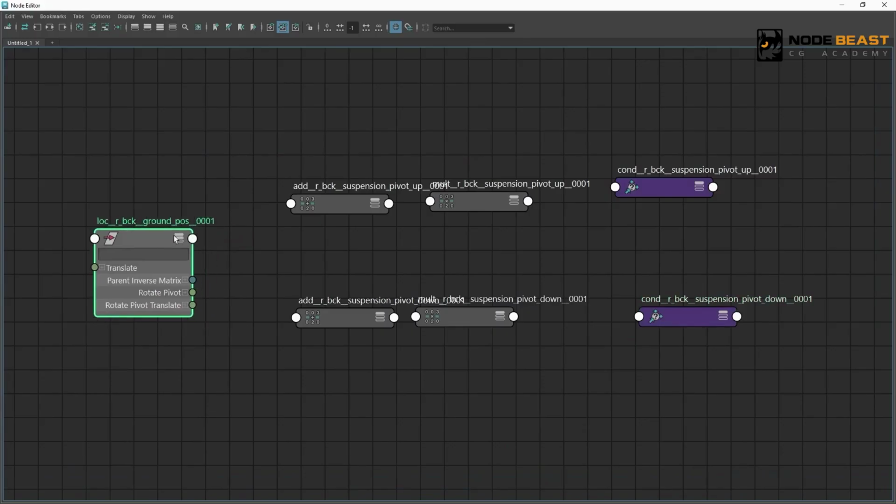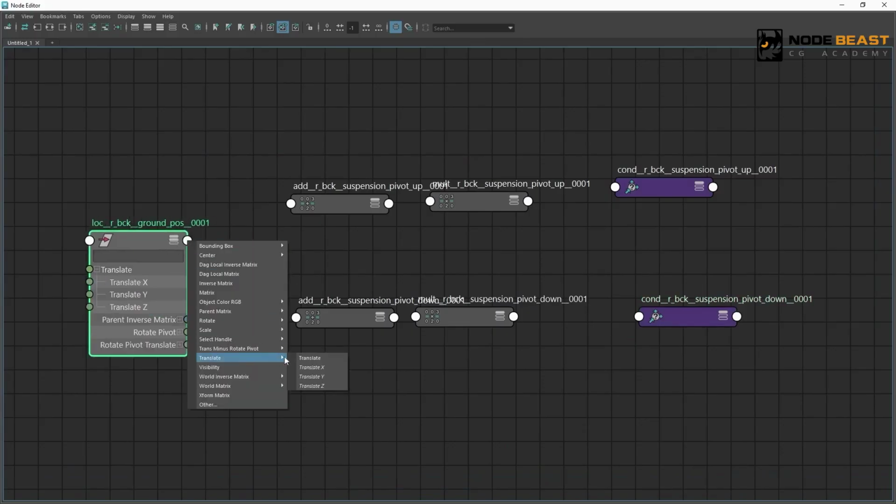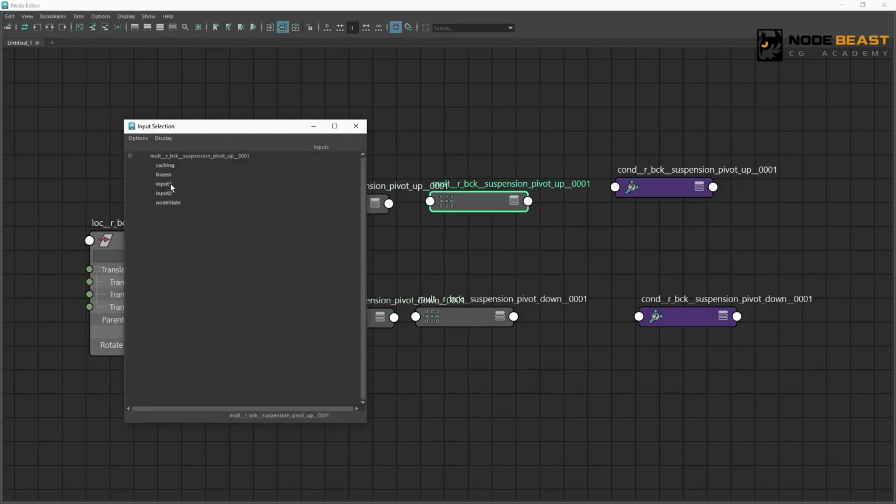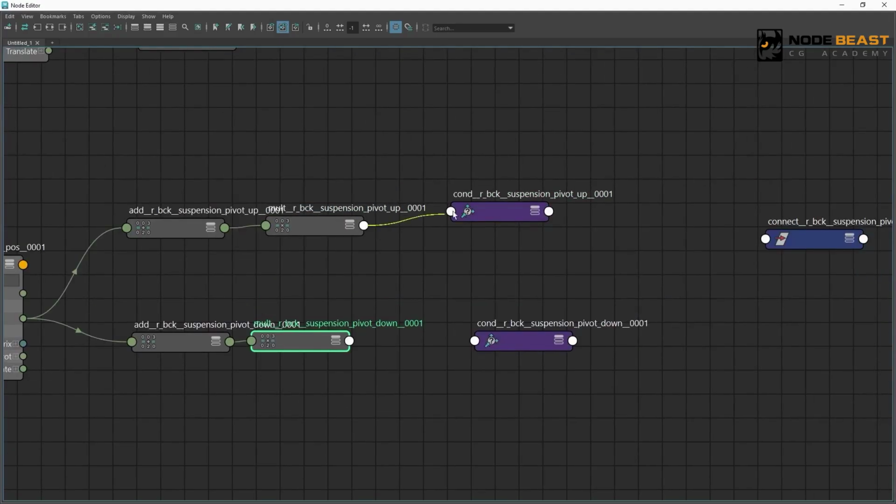Then the same connection order. Finally, connect to the connect group.